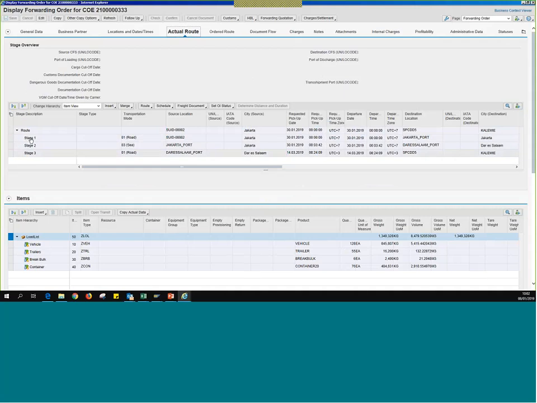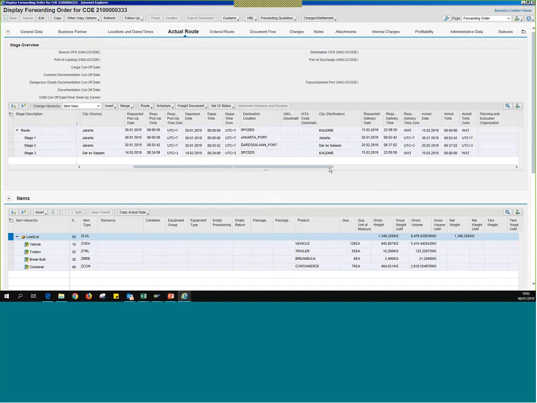Okay, so here we have our stages. These are automatically generated since it's DAP. From source location, destination location, the times and dates. So all this has been done by the system automatically, and you can just look at this and review